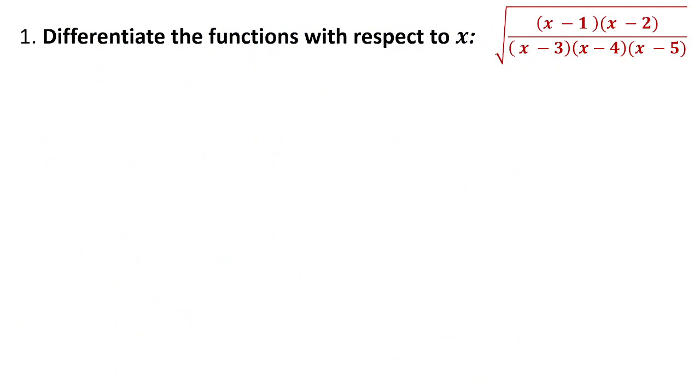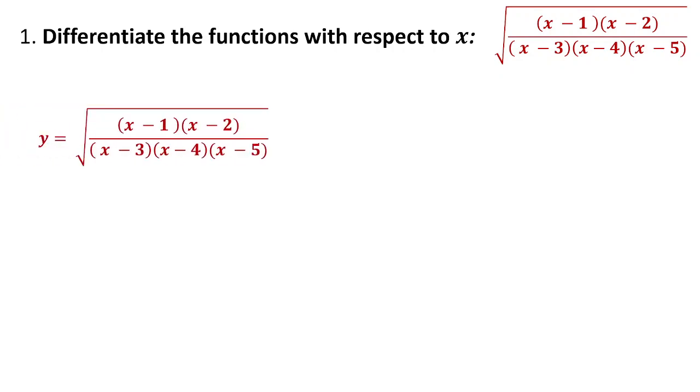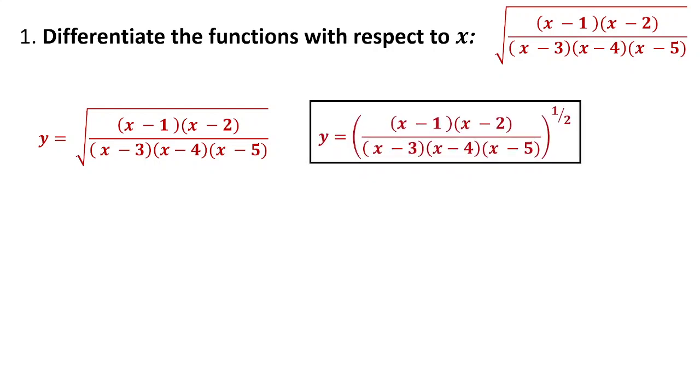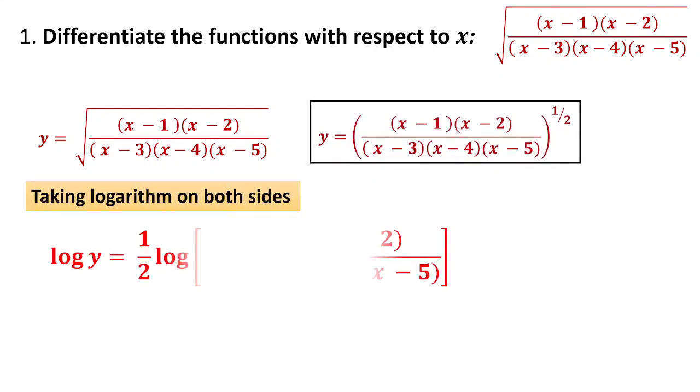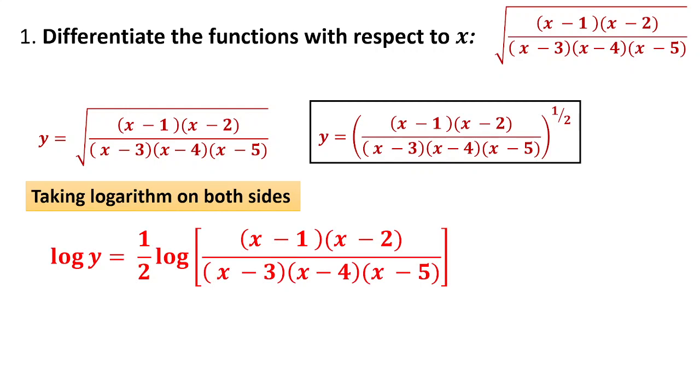Question number 1. By seeing this question itself, we are having a very big square root and there are 5 terms, 2 terms in the numerator, 2 terms in the denominator. No other way out, we have to take logarithm on both sides. First of all, we will check out what is the square root. It is whole power 1 by 2. When I take log on both sides, log y is equal to half will come to the front, log of